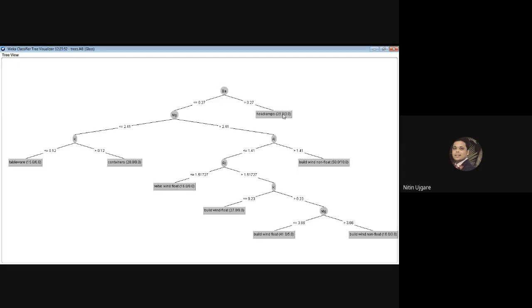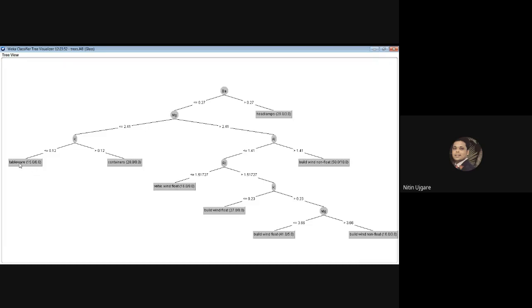So what this value indicates is that there are a total of 29 plus 3, that is 32 instances held by this leaf of the tree, headlamp. Out of these 32 instances, 29 are correctly classified by the J48 decision tree, and 3 instances have been misclassified. The same is the case for the other leaves as well.